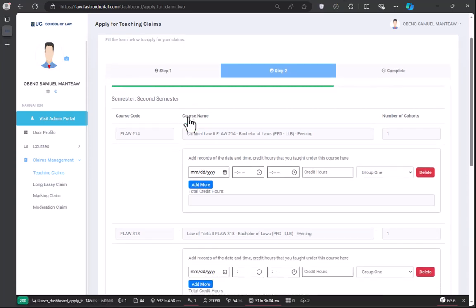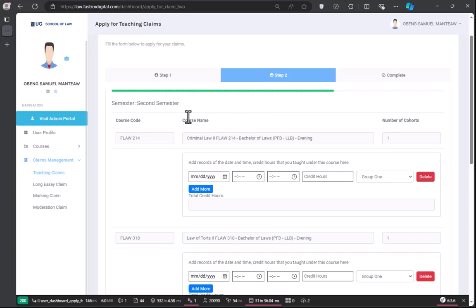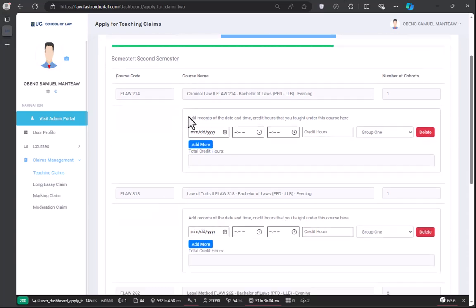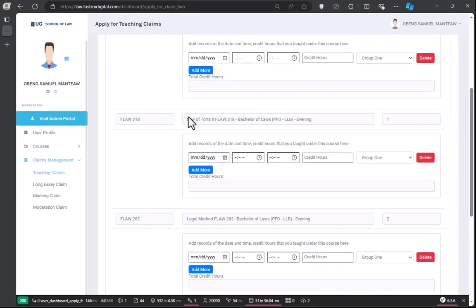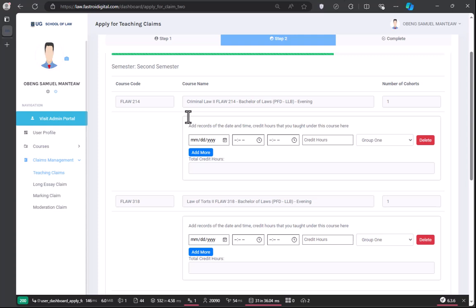that is to proceed. On the next page, we are met with all the courses that you've been assigned to for the semester. In this particular system, in this particular lecturer account I'm signed in as, I have three courses. So what we do here is that for each of the courses, you are going to enter the date, time, and credit hours, and the number of groups, or the group you taught for that course. So let's say for FLaw 214, you taught